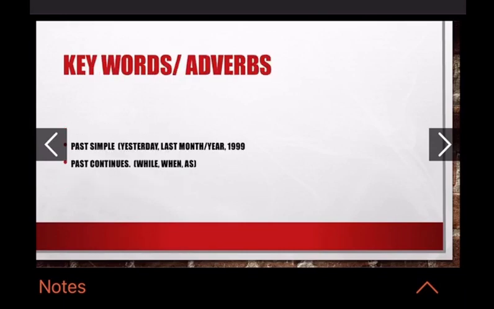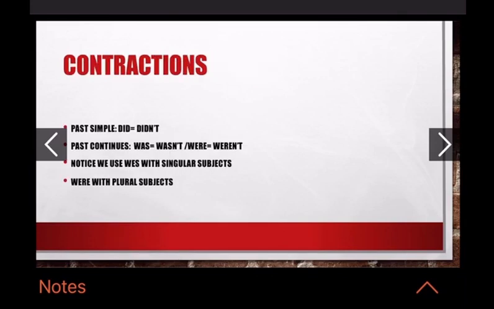Now we have keywords or adverbs for each tense. The simple past keywords are yesterday, last month, last year, or any old date. But in the past continuous, while, when, or as. Now we have contractions for each tense. In the past simple, did not becomes didn't, so you have to add the apostrophe to contract the word. In the past continuous, was becomes